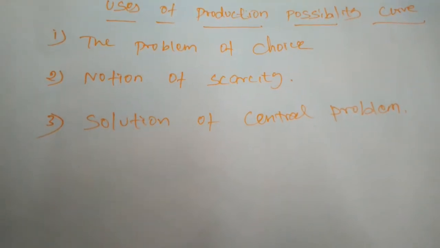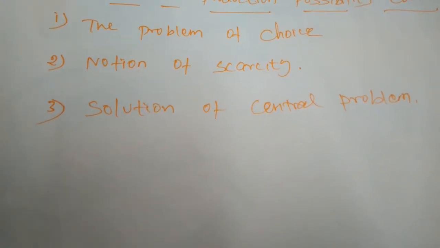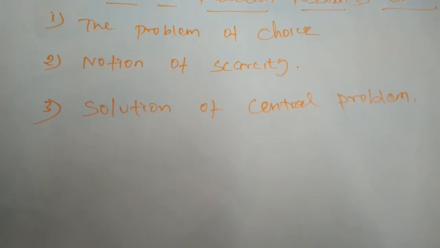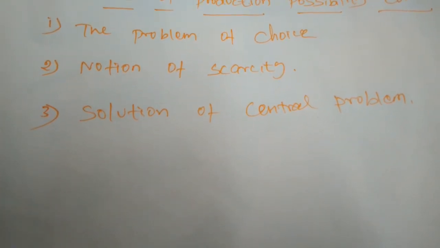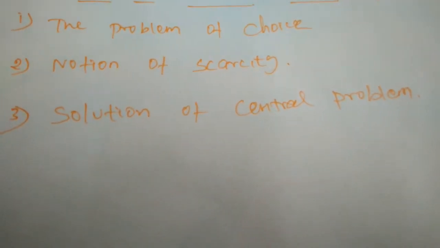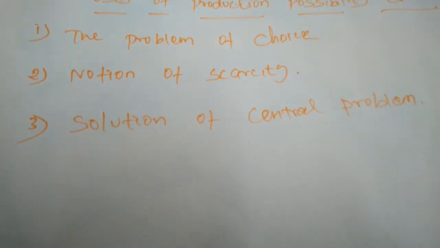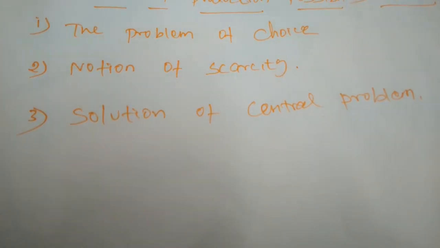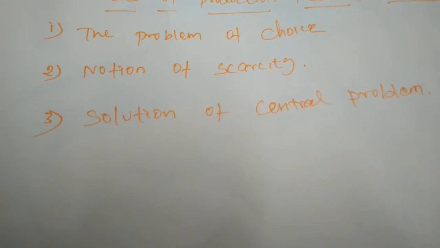Okay, but the nation must provide all the commodities, all their wants, throughout the society. The production possibility curve is the locus of combinations of the goods, the problem of choice. By using this production possibility curve, we can easily select the size of the produced commodity. Next, the notion of scarcity. The notion of scarcity means the concept. We can explain the concept of scarcity with the help of the production possibility curve.